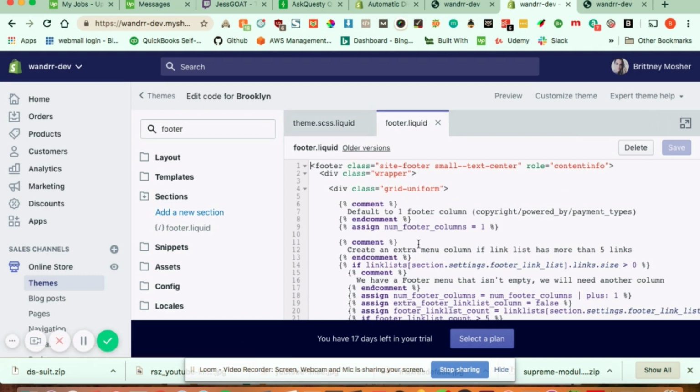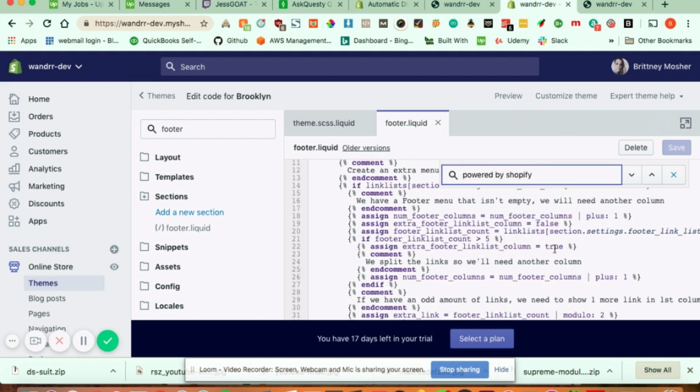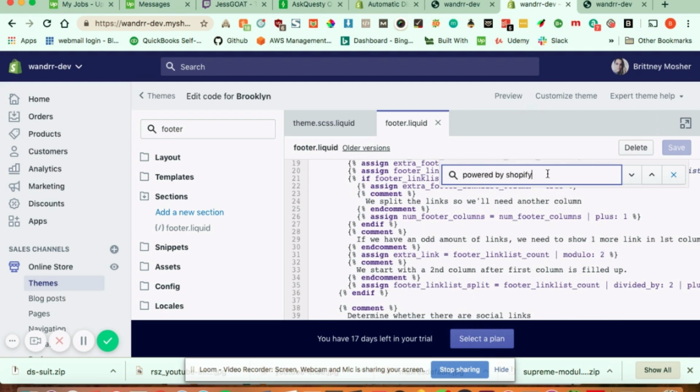And in this, on my Mac anyway, I'm going to press Command F to bring up my search and type in Powered by Shopify. And what this would do, it would bring in a bunch of different tags that say Powered by Shopify. And all you would need to do is get rid of all those tags that say Powered by Shopify, and